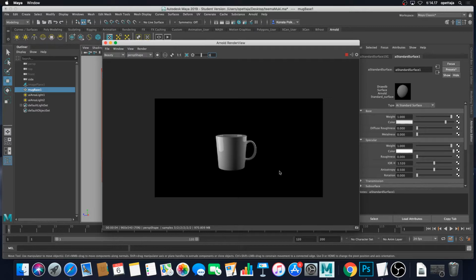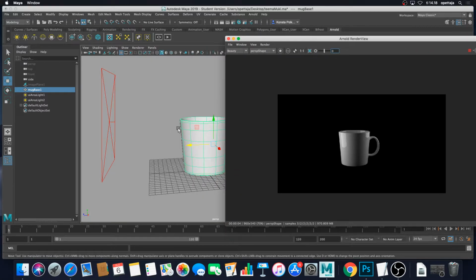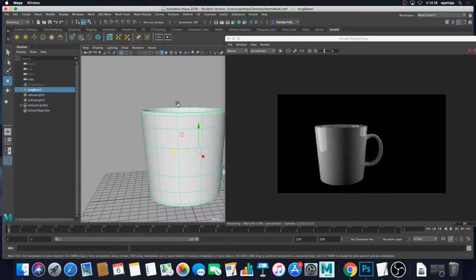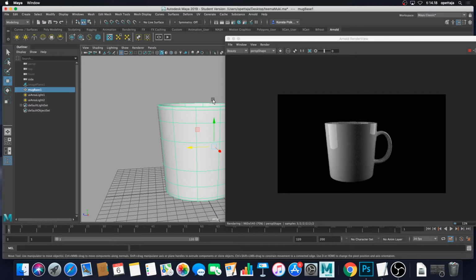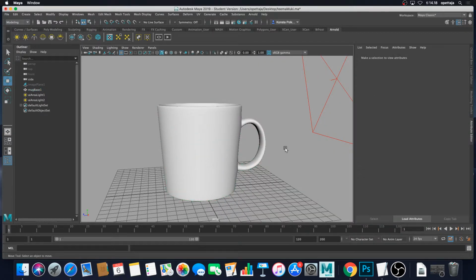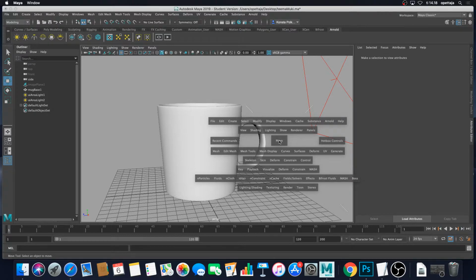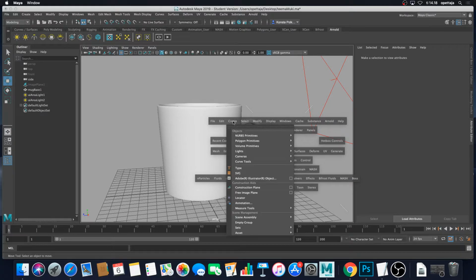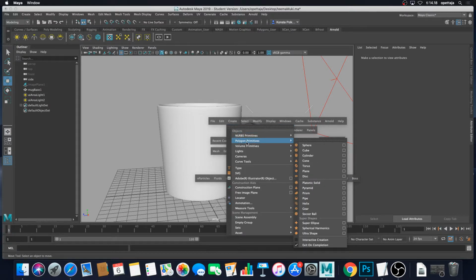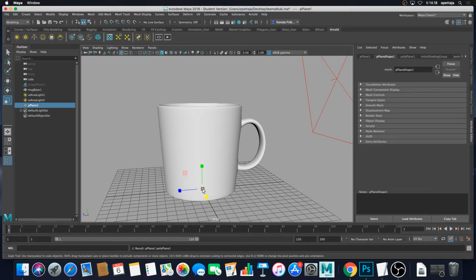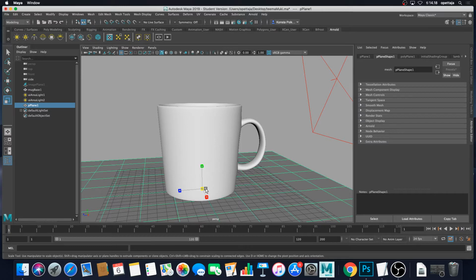The one thing we could add for this is the plane where the mug stands. So if we close this rendering window and then I'm pressing down my spacebar and I go into the create, polygon primitives and plane, and then I press R to scale my plane,